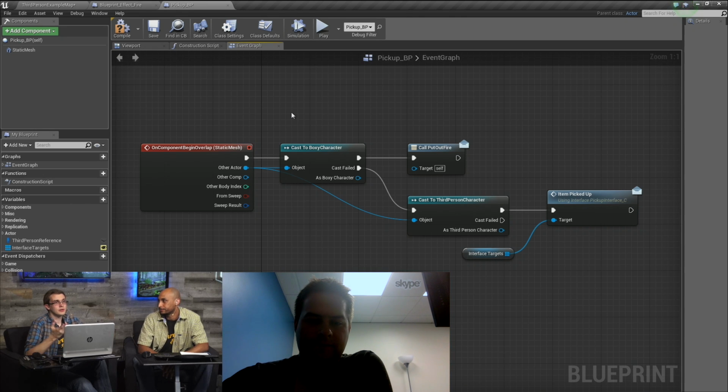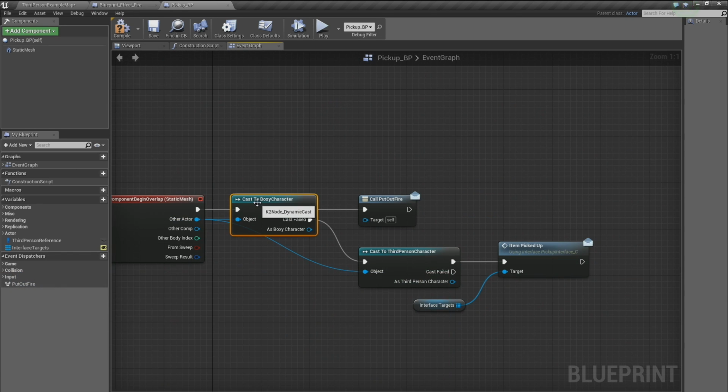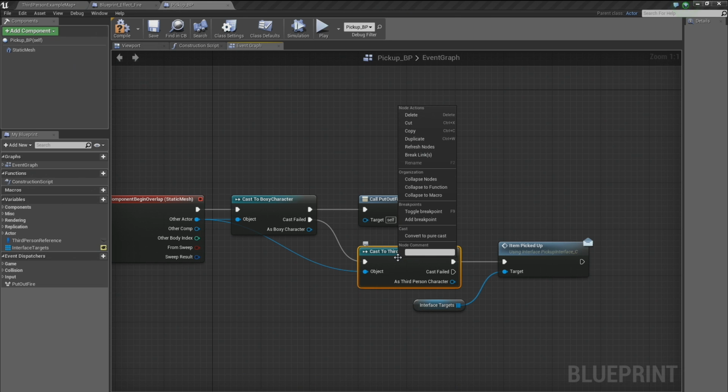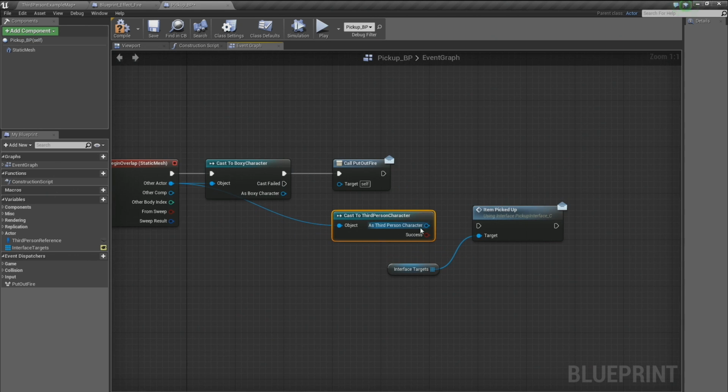Yeah, and another thing with casting is we didn't show a pure cast. Can you do a pure cast just to show what that looks like? Change that second cast there, since the first one is being used as an is valid. Can you right click into that? Yeah, there it is. Okay, so now if you hook up the cast failed straight into the item pickup,